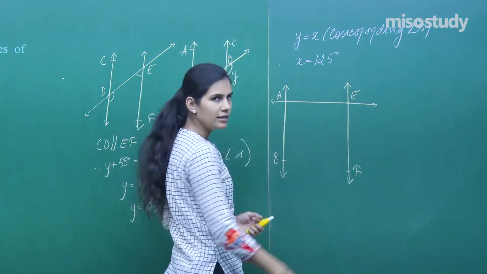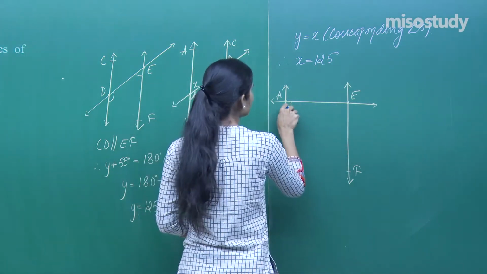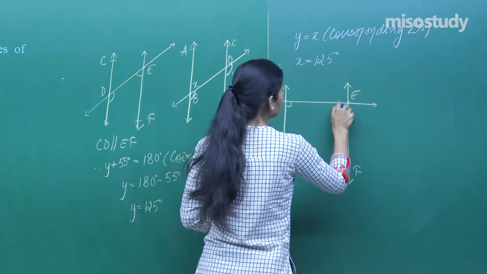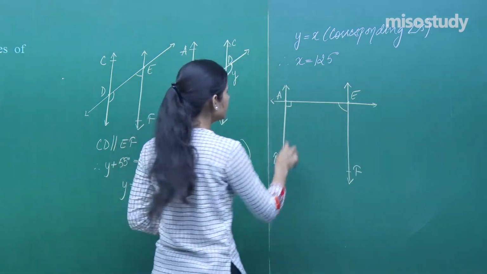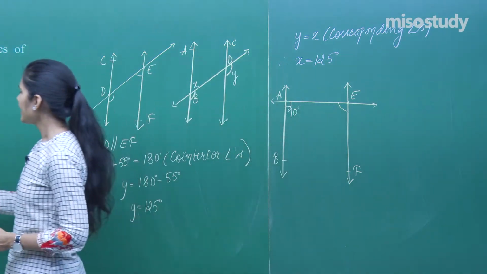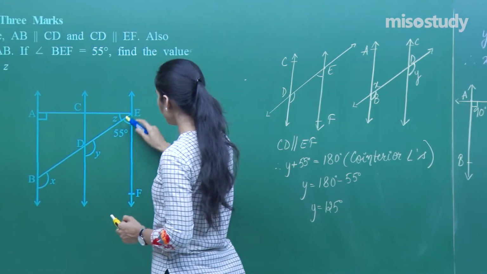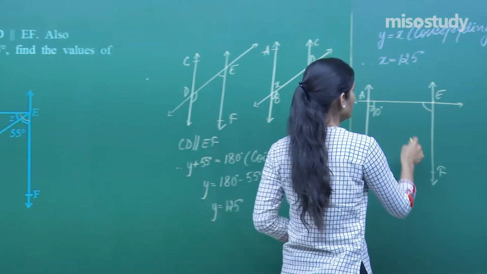I know AB is parallel to EF, this line is acting as the transversal, so obviously this angle and this complete angle is going to form a pair of co-interior angles. This angle is given to you as 90 degrees. What is this angle? Angle AEF. Angle AEF is this complete angle which is Z plus 55 degrees. So this is Z